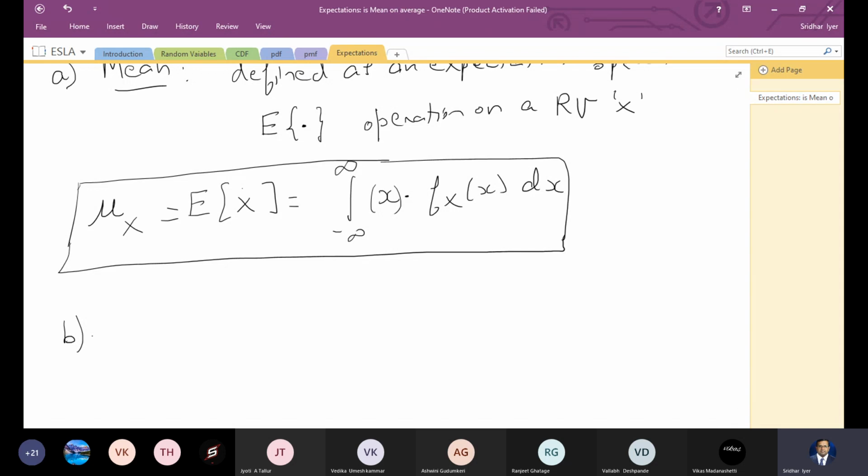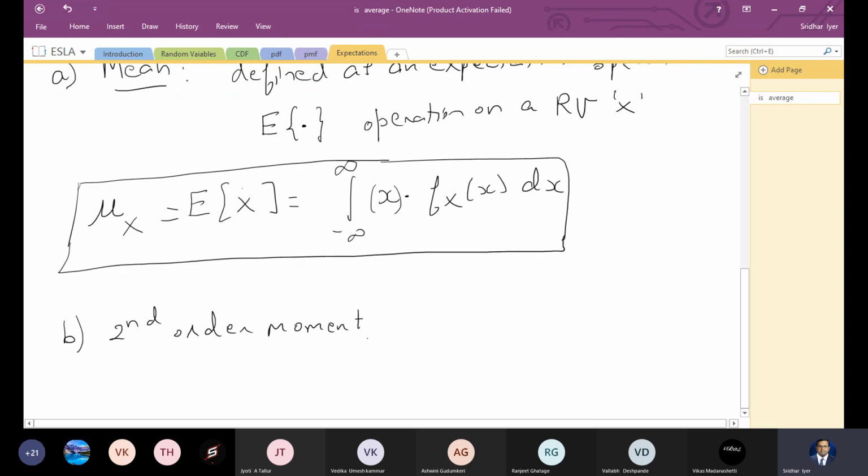Okay. Now next, let's look at the second order moment. Keep in mind that the mean is also the first order moment or the first moment. Okay, but we're not going to use that aspect much in solving the problems. It will be more like the mean, the value of mean, and the mu X that we are going to use. Okay. Now the second order moment is